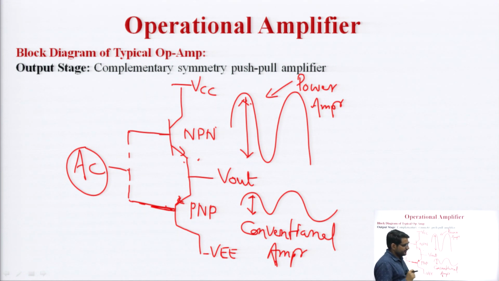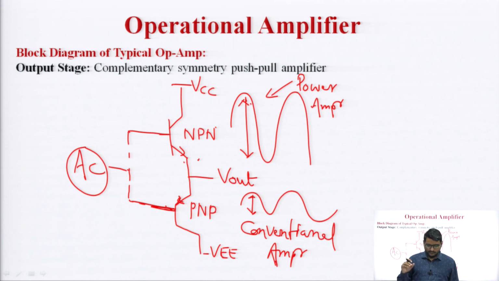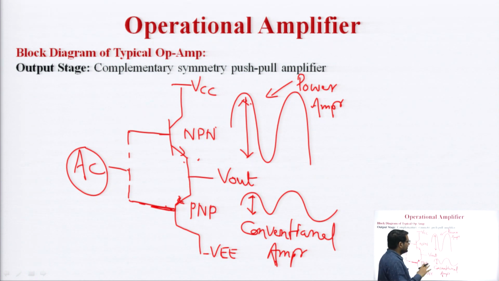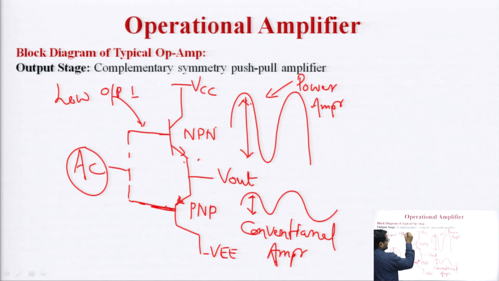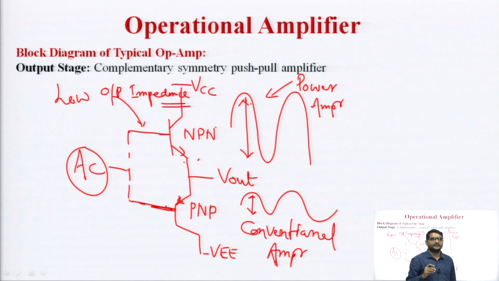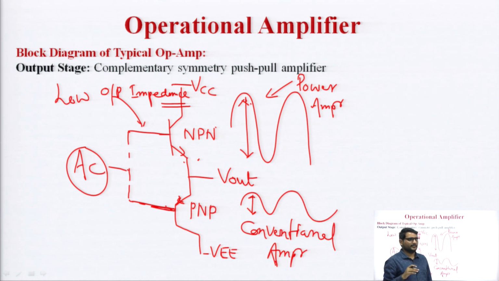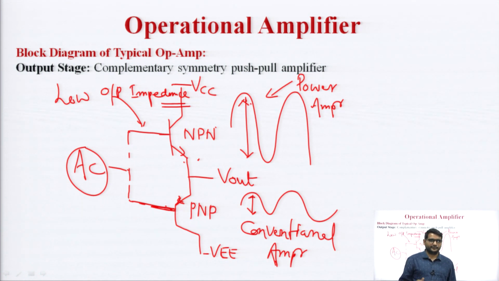The second important thing is that it provides low output impedance, meaning a well designed amplifier gives low output impedance. This is the reason behind the output impedance of an operational amplifier being low. It is very low, and the practical value, I think, will be 50 ohms to 100 ohms for an IC 741. Okay.